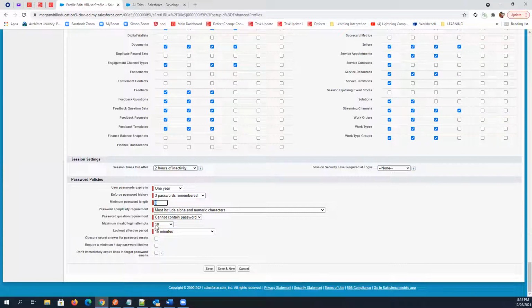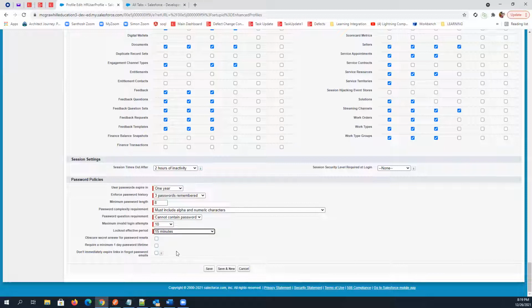Maximum invalid login attempts 10. So after 10 invalid login attempts, your particular org will be locked out, and the effective lockout period you can also set here. So if you want to lock it out for 15 minutes, you can set 15, 30, 60 or forever, right?